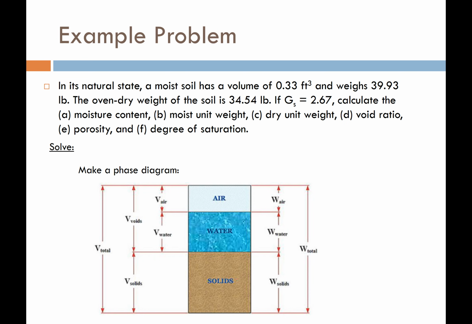If we assume 2.67 for the specific gravity, calculate all of these different soil parameters: the moisture content, the moist unit weight, the dry unit weight, the void ratio, the porosity, and the degree of saturation. So, if you go down into the description box of this video, there's going to be a link to a